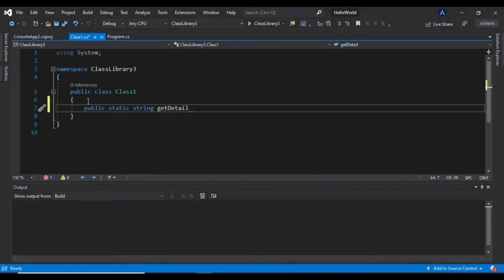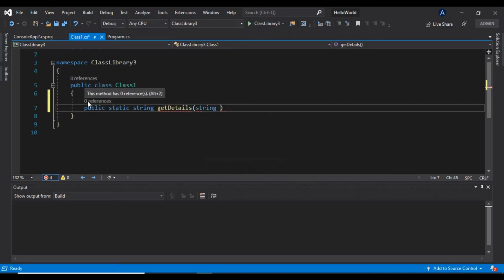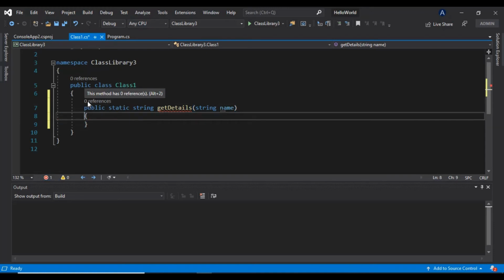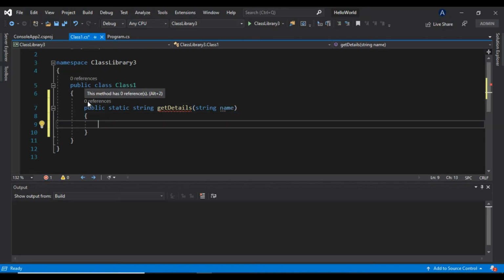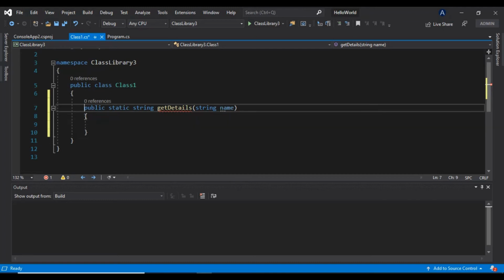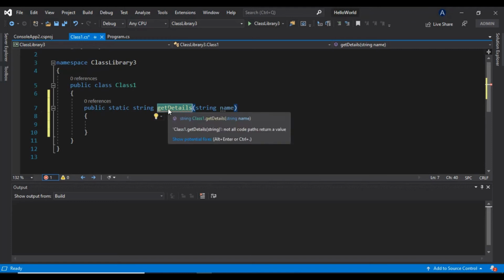The name of the method is GetDetails, and it takes a string as a parameter. My goal is not to show you how good this method will be in returning some output.